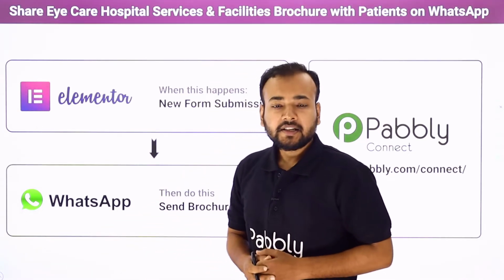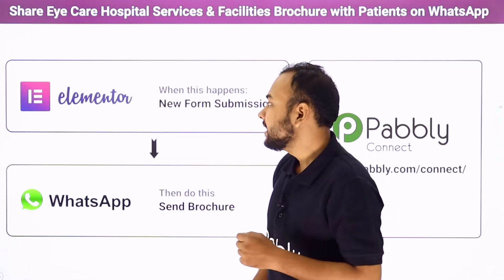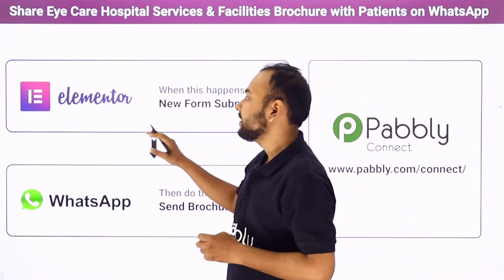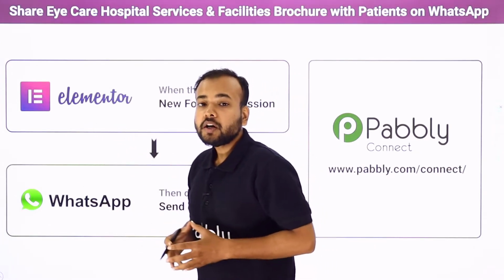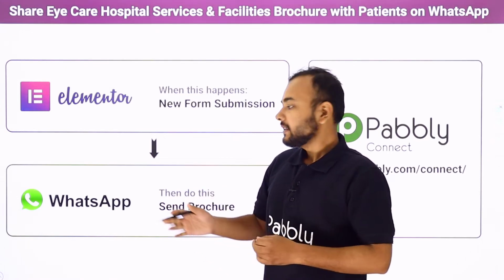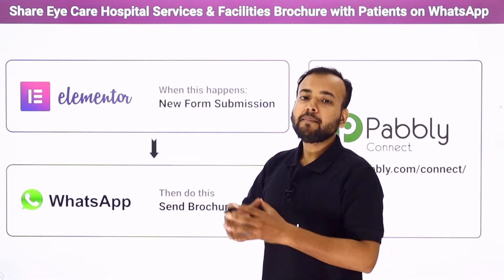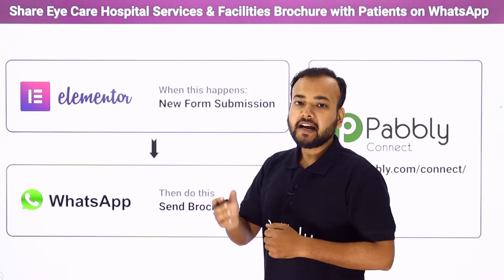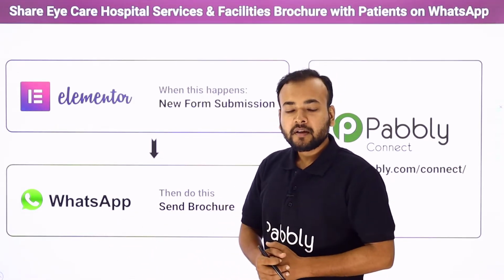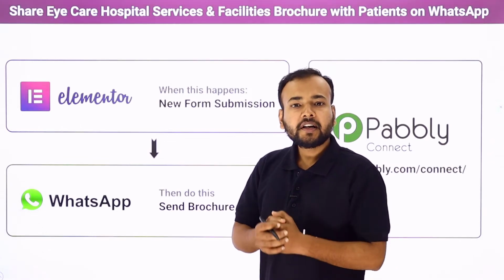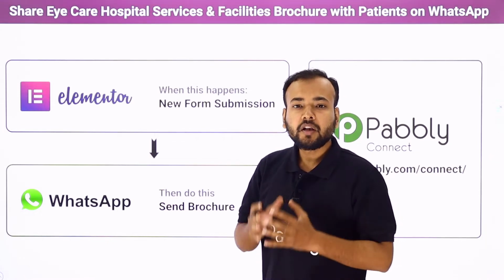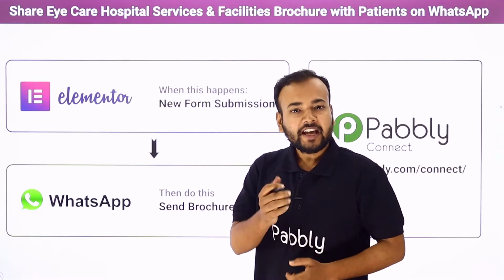Now to get this done, you have two ways. One is that as and when you get a new form submission in an inquiry form created with the help of Elementor form, you are going to manually sort out the details of the person who has filled that form, then come to WhatsApp and manually compile a message for that person and attach your brochure with it and send to him or her on WhatsApp. But if you are receiving hundreds of inquiries on a daily basis, this manual process can consume a lot of your time and energy. So we have a better way.